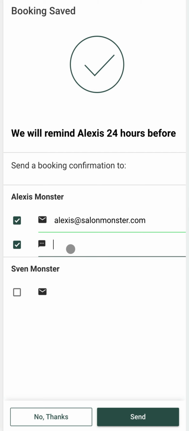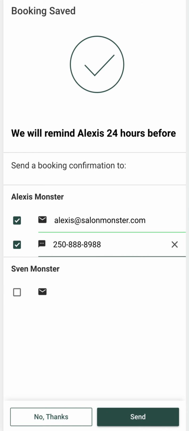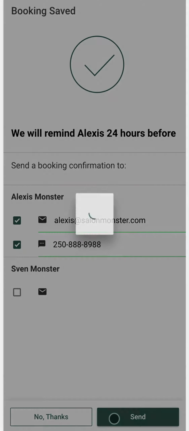We now also have the opportunity to add in a client's phone number. If the client had a phone number already in there, it would be automatically pre-filled. In this case, I didn't have that. This will allow me to now text this initial booking confirmation to the client. So when the booking is made, they will receive that by text. I can also not do this by just clicking no thanks, but I'm going to go ahead and send that